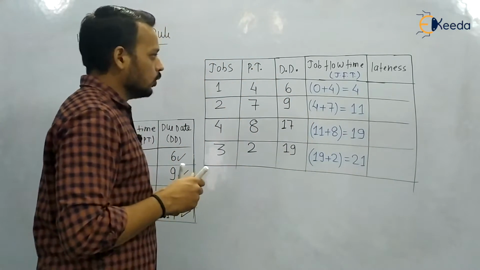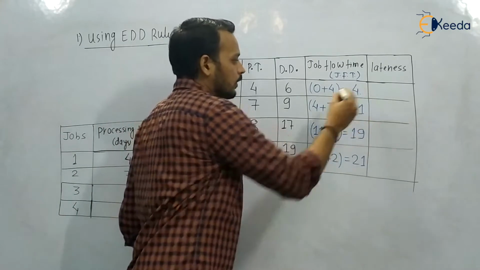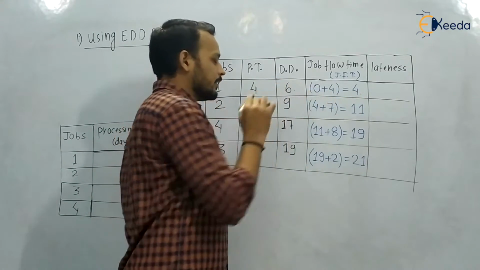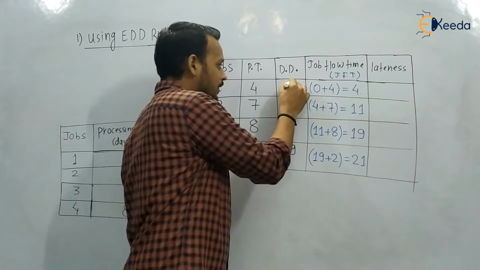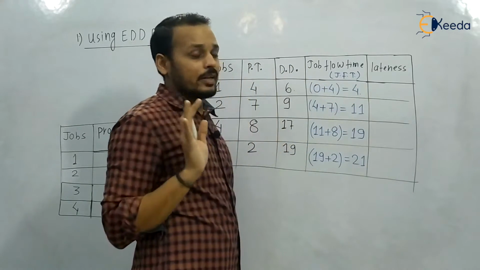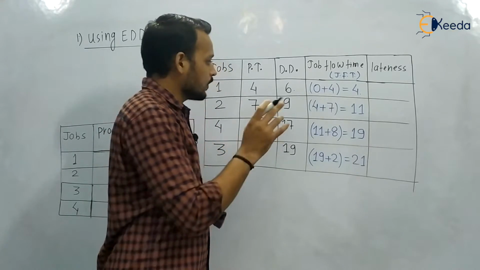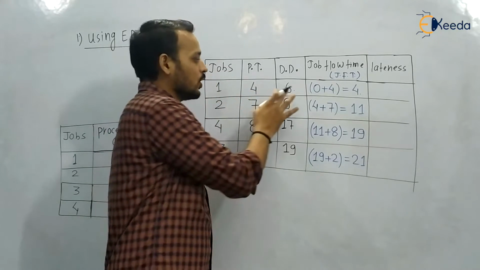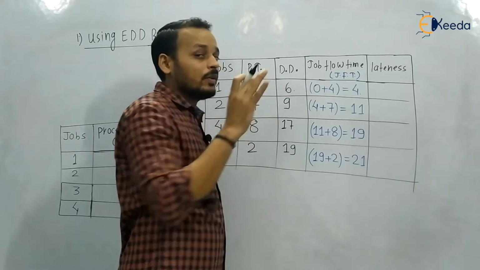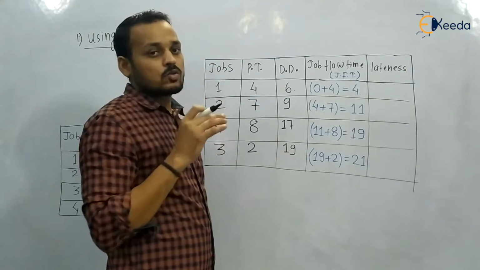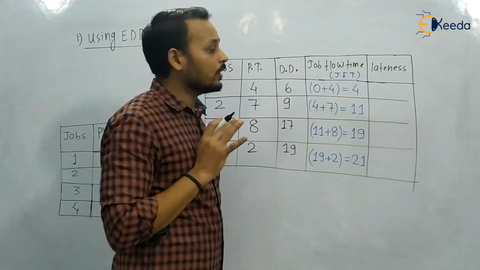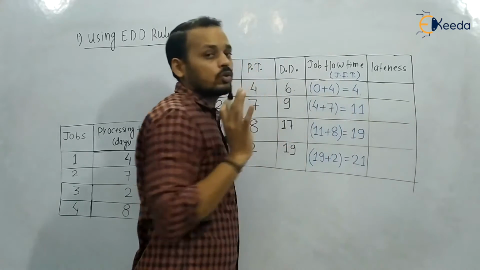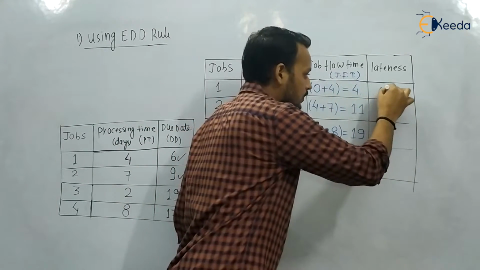Okay, so what we have to do, just look here. The job flow time for job 1 is 4 days. Okay, and the due date is 6 days. So just consider it as date. Okay, just consider everything as date. So suppose that you have told the customer that please visit on the 6th of October for the job 1. Okay, so he will come on 6th of October and he will ask for job number 1. Okay, so will you be able to give him the job number 1? Yes, because you have completed the processing of job 1 on the 4th of October only. So the lateness is 0.